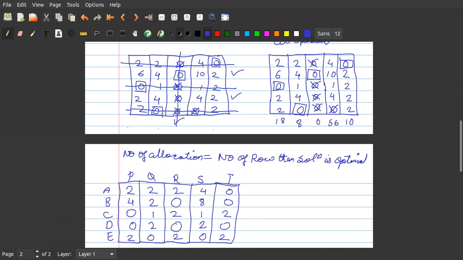1 1 is 2, 1 2 is 2, 1 4 is 4, 1 5 is 0. But I will not make an allocation here. Here it was allocated 0, but here I have not made an allocation. Okay, I'll tell you why. The allocations which were drawn here will get neglected. Is it understood now? Yes, sir. Anna, is it understood?